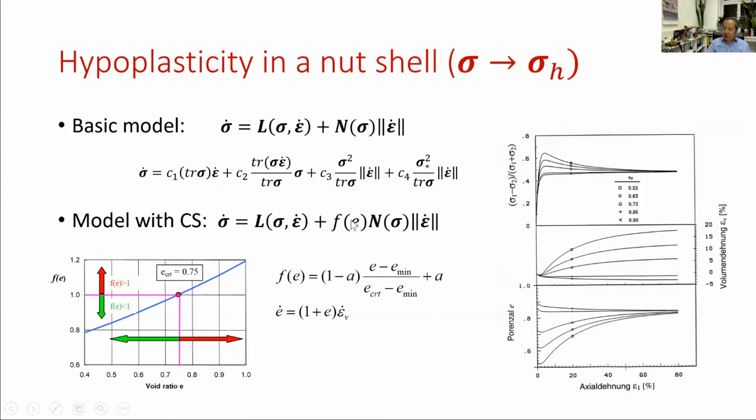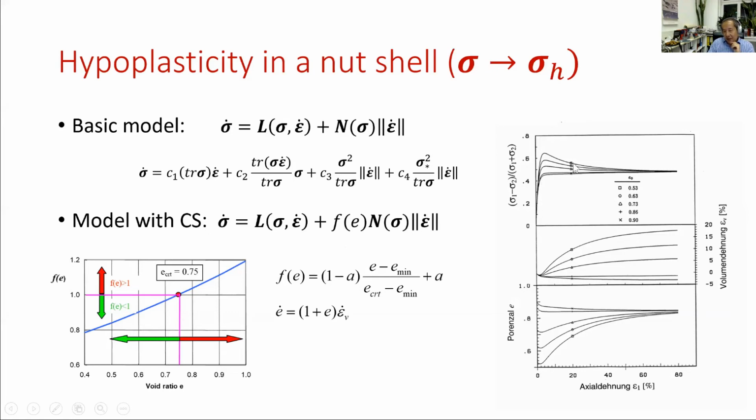And if you want to consider a kind of critical state, you multiply here with a function, which is a function of the void ratio. And here we have a critical void ratio with the minimum void ratio, right? So you will see here, this relationship is nothing but a linear interpolation between those two void ratios, right? And from there, we can tell whether it is larger than 1 or smaller than 1. So this gives rise to basically the situation of a granular material which is denser than critical or looser than critical. You have 4 material parameters, and then a further parameter is A,